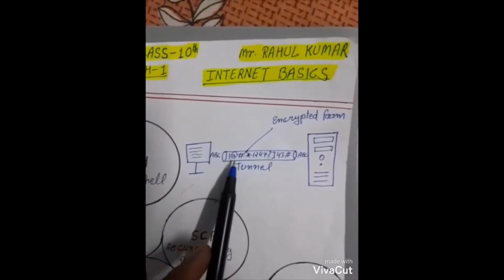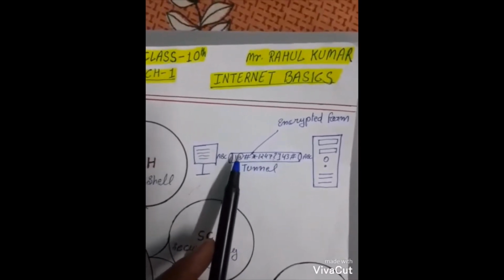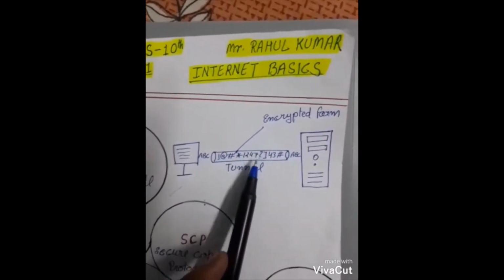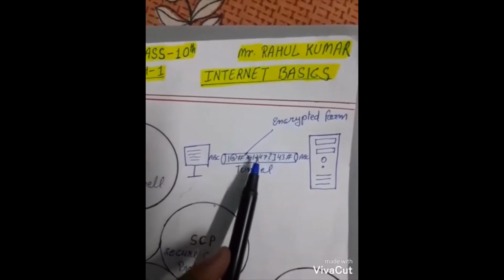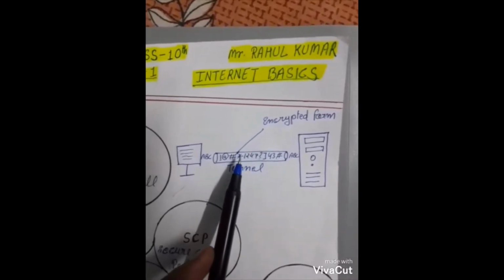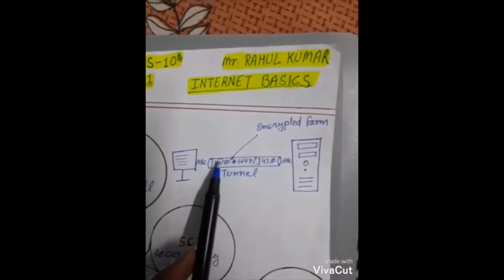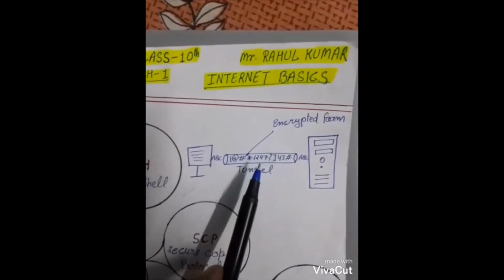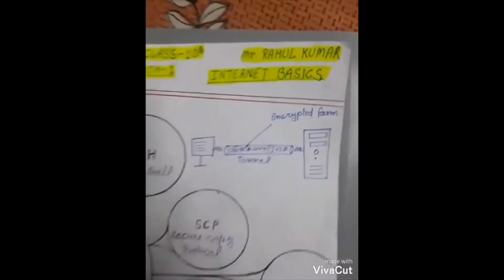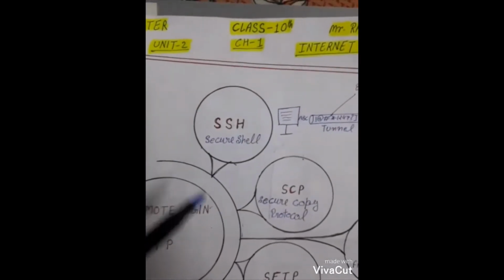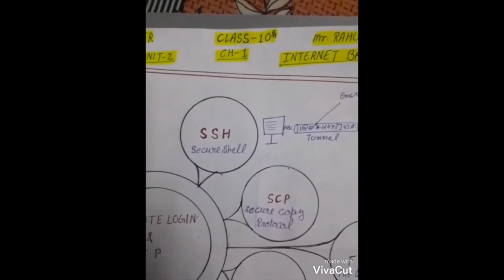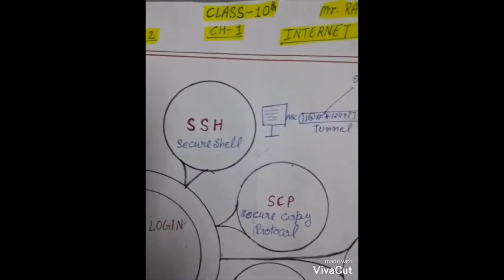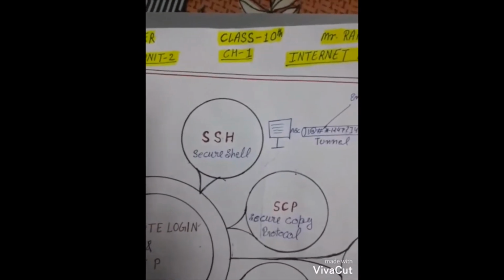So what is the working of SSH? SSH encrypts your data into a complicated code. Why is it converting your data into complicated code? Because a third person cannot understand it. That's why it creates your data in encrypted form. So this is the feature of SSH: it is secure. It creates a secure tunnel between client and server. SSH is widely used on all platforms like Unix, Linux and Windows.